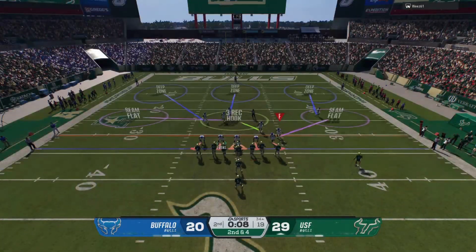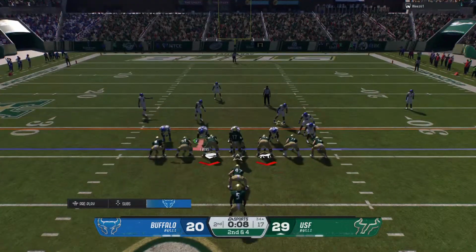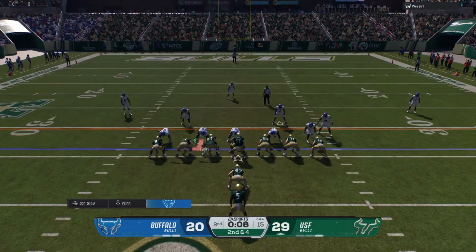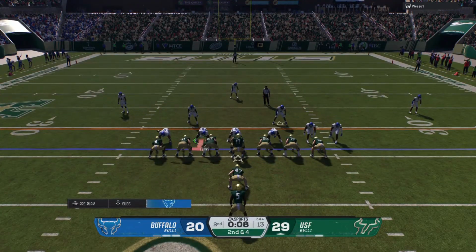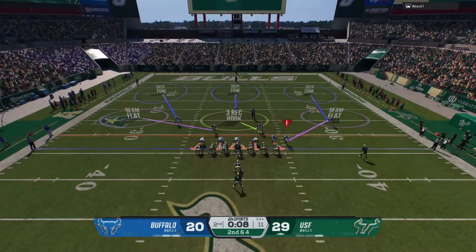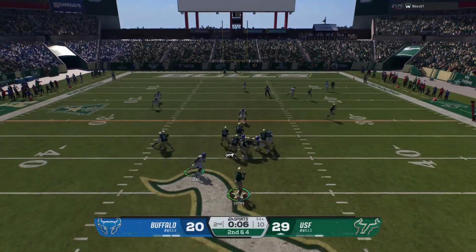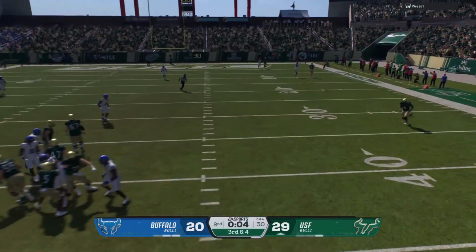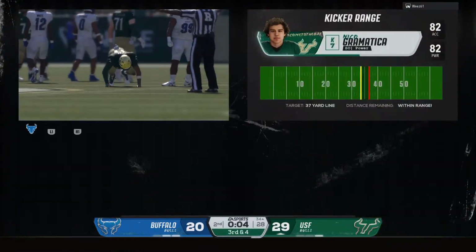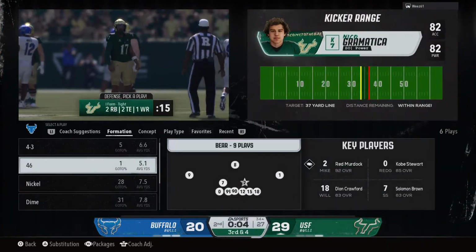Just a few seconds remaining here as they try to put something up before halftime. They'll run play action. Under fire. It is incomplete, and now there are 4 seconds remaining.